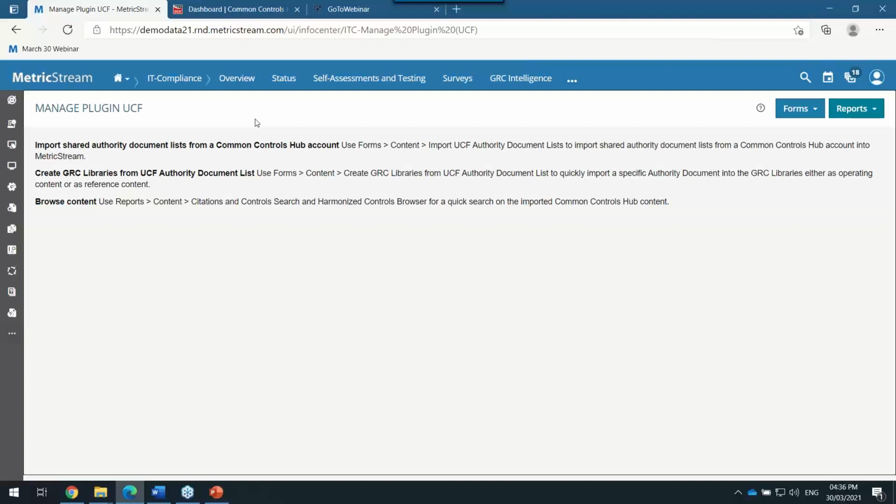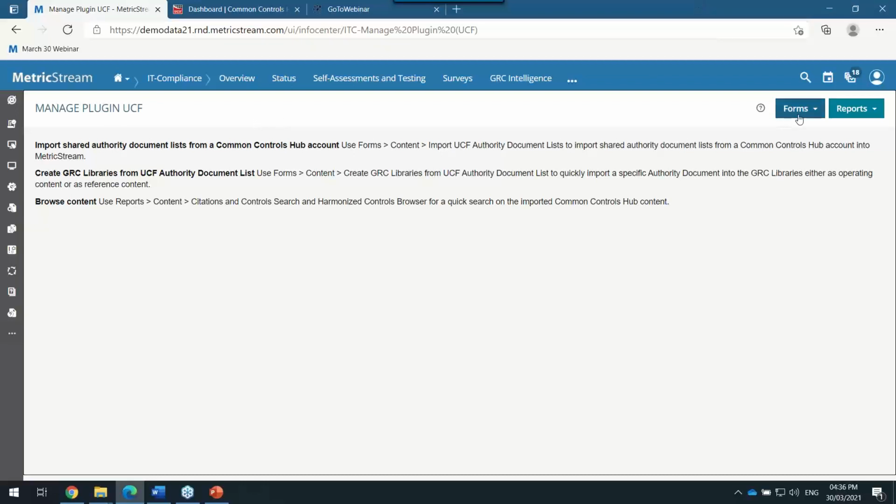There are already APIs and interfaces developed between the UCF Common Control Portal and MetricStream. So the integration is so seamless that just by a click of a few buttons, you can bring in the content from UCF into MetricStream, enrich that further, draw insightful reports, and take it into next steps for control tests, and so on and so forth, right?